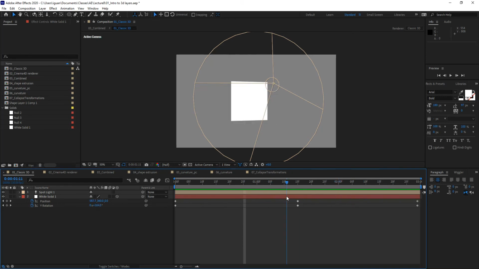If I turn a layer into a 3D layer and I'm working with the classic 3D renderer, if I uncollapse the layer, you will notice that the layer not only has the transformation values that we had in the past, but it also has geometry options that have been grayed out, and those are available to you only when you're using the Cinema 4D renderer. And it also has material options